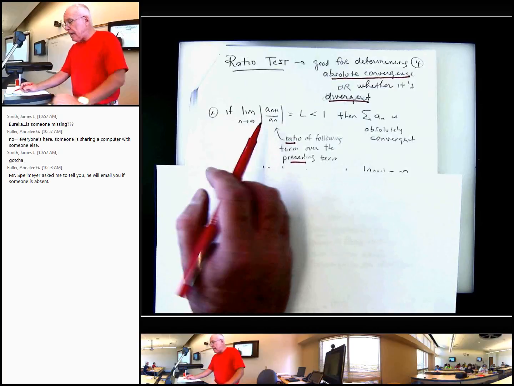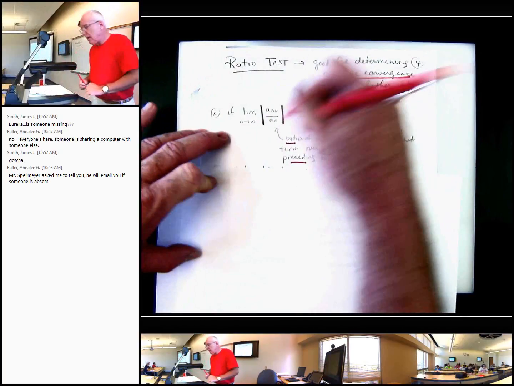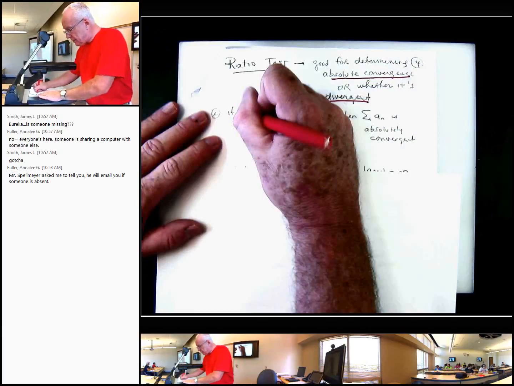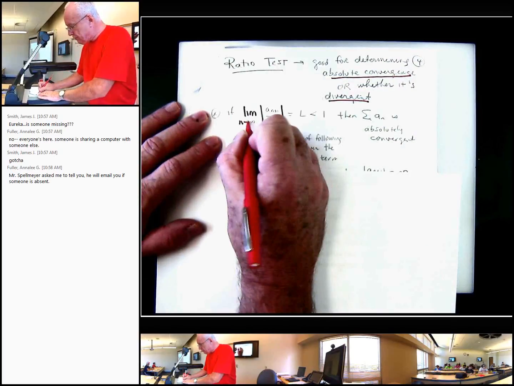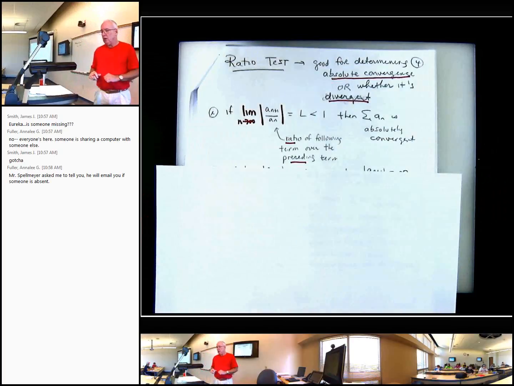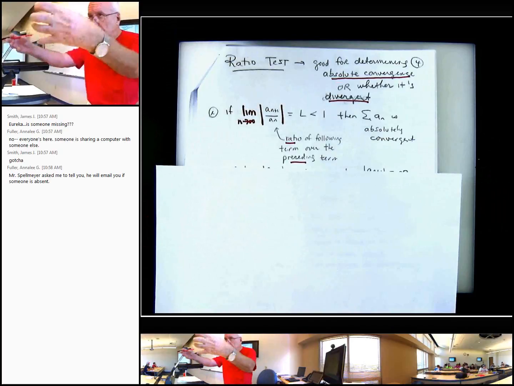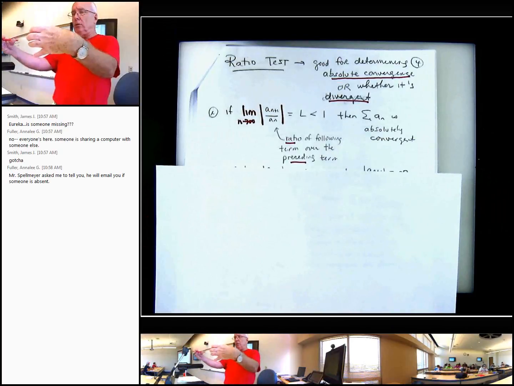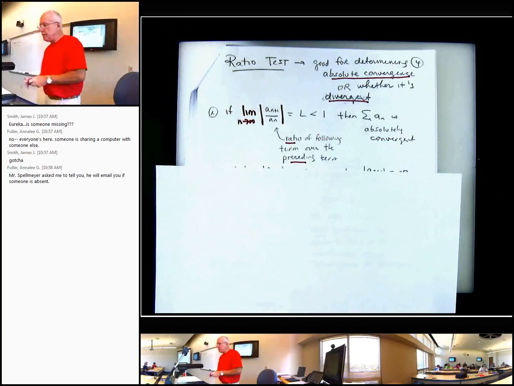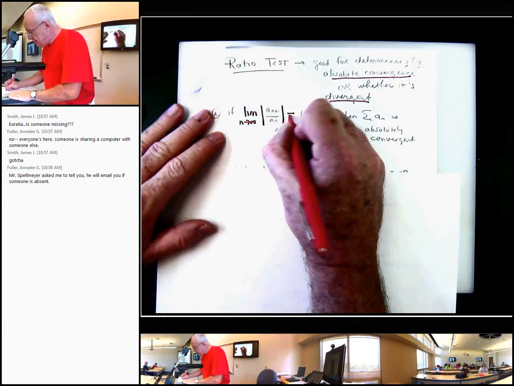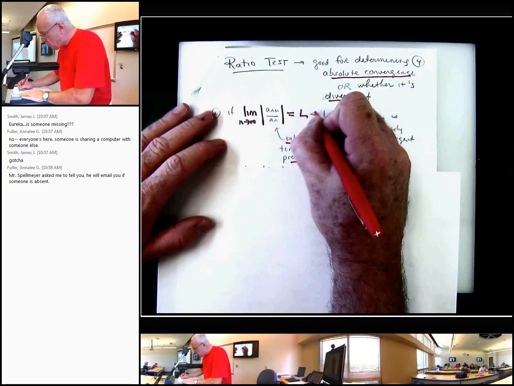I put it in absolute values, and I take the limit then of this expression as n goes to infinity. So we do a ratio with the succeeding term over the preceding term, absolute values, take the limit as n goes to infinity. Now, if this equals a nice number L that is less than 1,